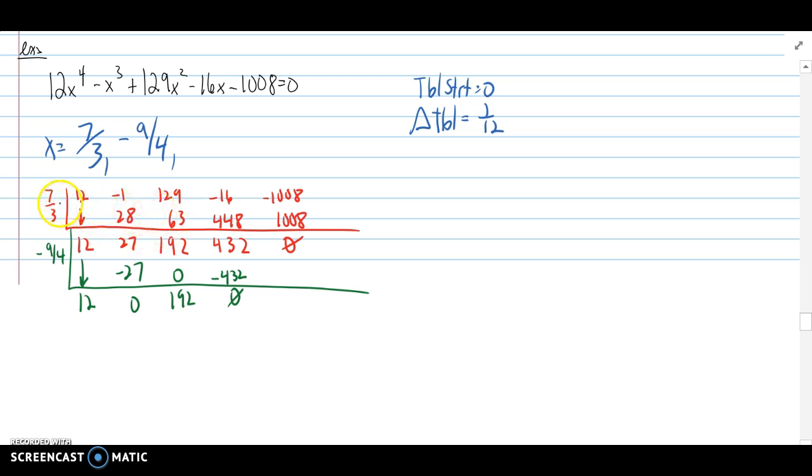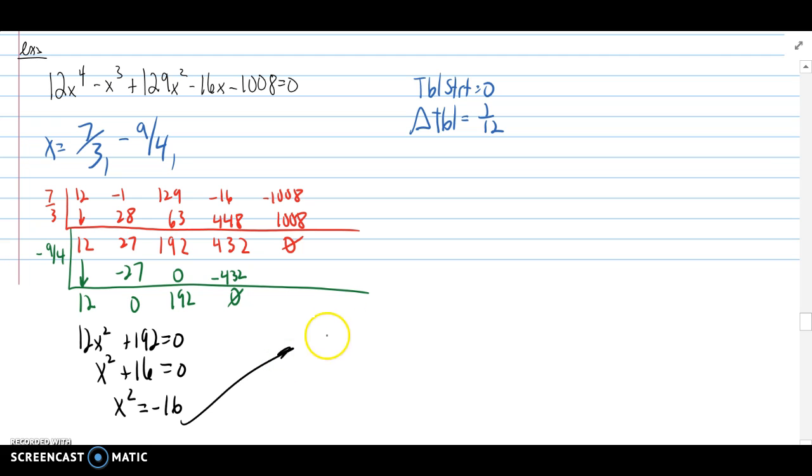Synthetic division, we can simplify using 7/3, using -9/4, verify that they work, and we're left with these coefficients, which would give us 12x squared plus 0x plus 192 equals 0. One thing I notice is that I can divide both of these terms by 12. It gives us x squared plus 16 equals 0. Subtract 16 from both sides, then take the square root. So then we would have positive and -4i. So our 4 solutions, and we knew we were supposed to get 4, include 2 real numbers as well as